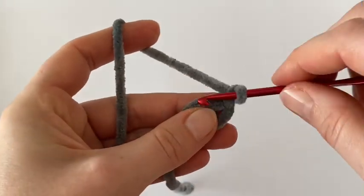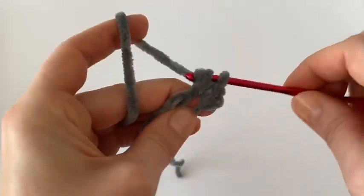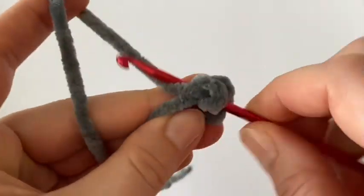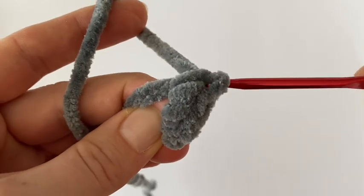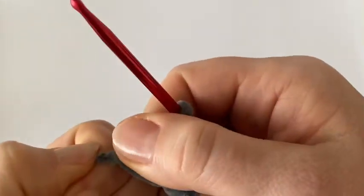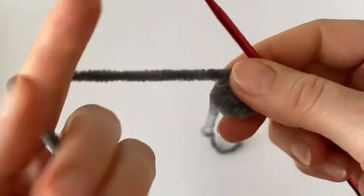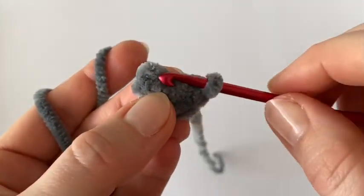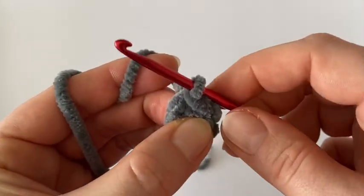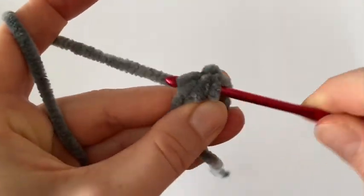And then make 5 single crochets into the magic ring. And don't tighten it much because it will be easier to pull on the starting tail. Okay, if you have 5 single crochets in magic ring, you can pull the starting tail, and now we have to join the round with a slip stitch. So make a slip stitch in the first stitch, and now you have to make 1 single crochet in each